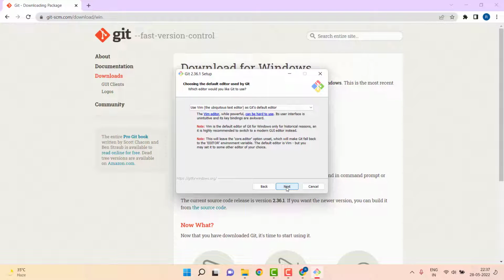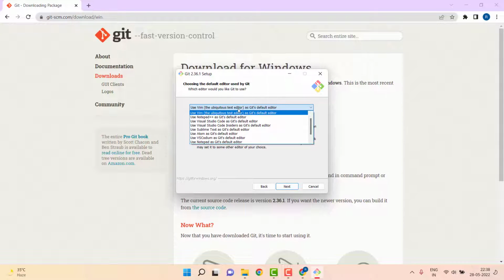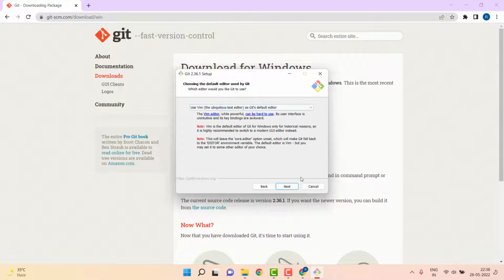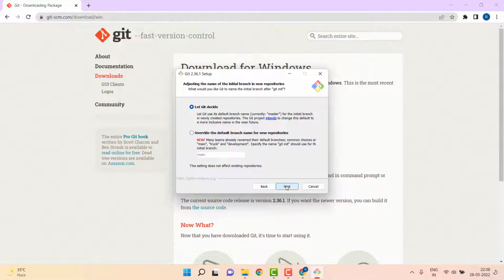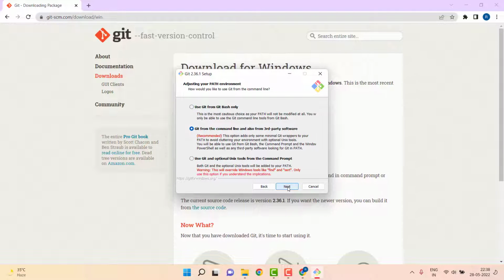next. Now there are different kinds of editors which you can use. I would recommend we can use Visual Studio as the default Git editor. So it's up to you. You can use Vim, you can use anything, you can use Visual Studio as the default Git editor. But I'm just keeping the setting as it is. Next, next,